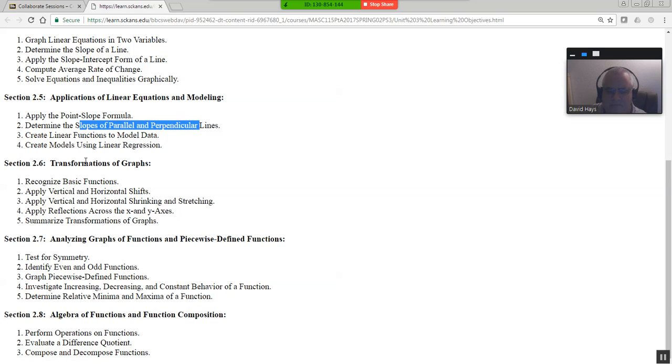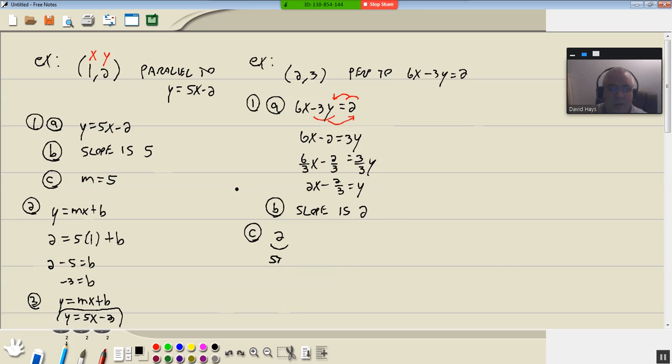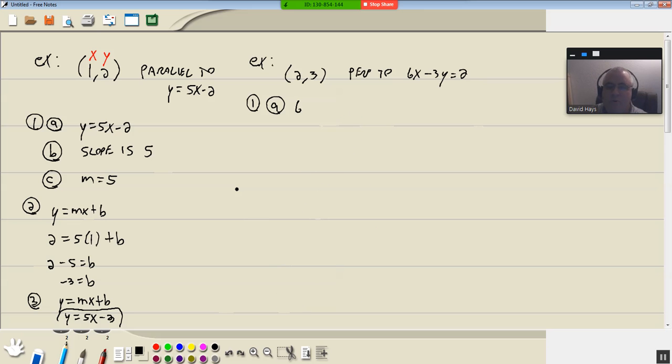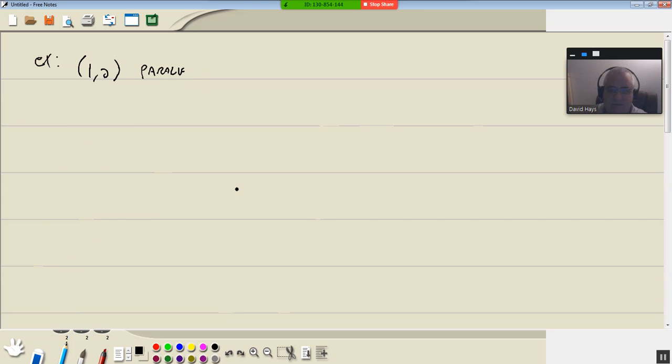Okay, so creating models using linear regression. Let's talk about that real quickly. So let me clear this off. Linear regression talks about coming up with a model, a line, that best goes through a set of points. It may not be perfect, may have some error. For example,